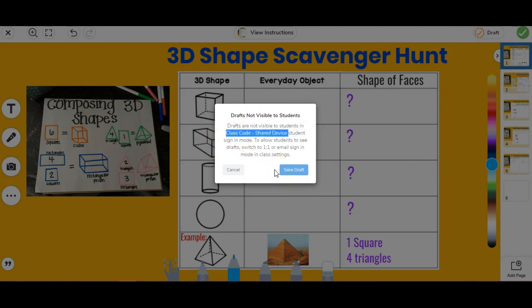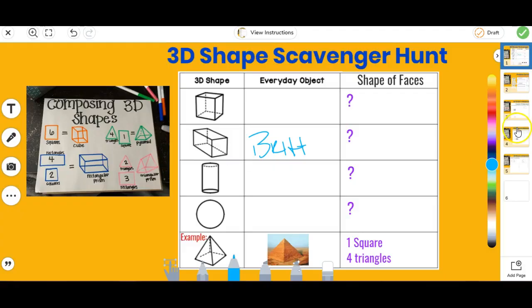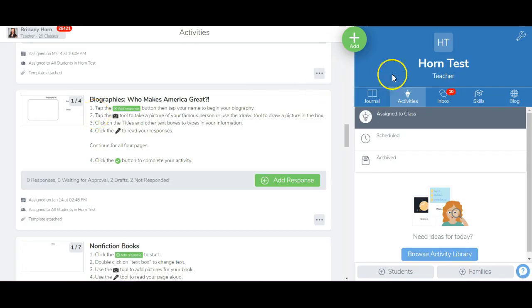This would be an issue if we weren't using at-home learning codes to change in the middle of the year like this. However, since students are accessing Seesaw with their at-home learning code, you are free to change that sign-in method so that they can use the Save Draft feature. If you're using a Google login, that feature will be there as well. All right. Those are 2 premium features that are available,